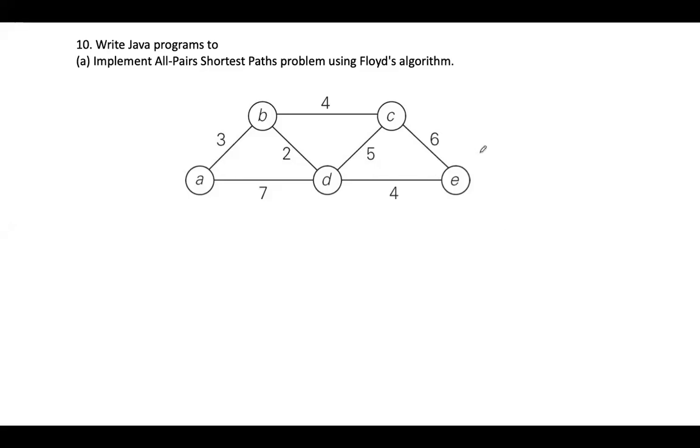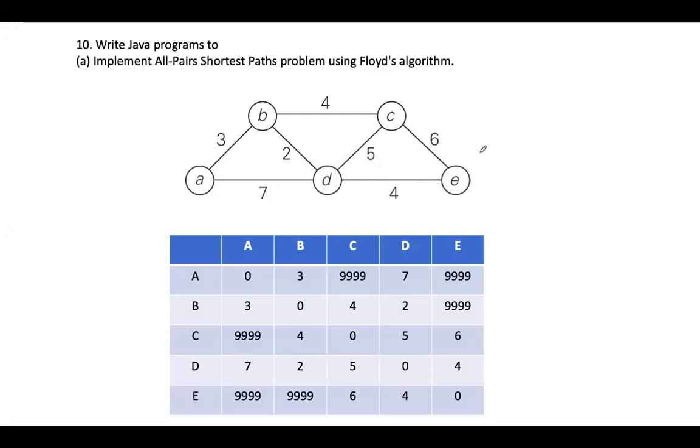See, for this graph also, we can write the adjacency matrix. Okay, you will get the adjacency matrix. The adjacency matrix represents the distance between each and every vertex. So if I provide this as input to Floyd algorithm, what will it do? See, for it, this is just an input. Direction is not there, correct? But if I give this input, what Floyd algorithm will do is try to find out the minimum distance between each and every vertex.